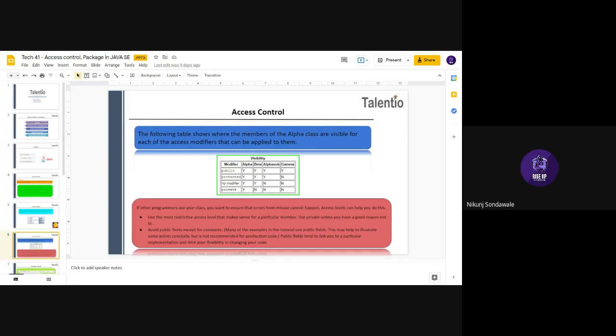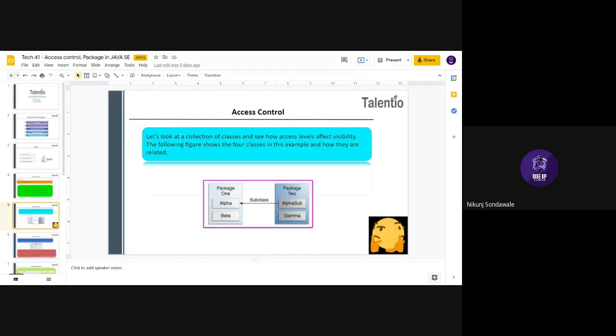Okay. Don't go on this table, it will just confuse you. Which is public, which is protected, it will just confuse you. Just look at the table simply. You see, notice one thing: in package one there is one alpha class, and in package two there is a child class of your alpha class.